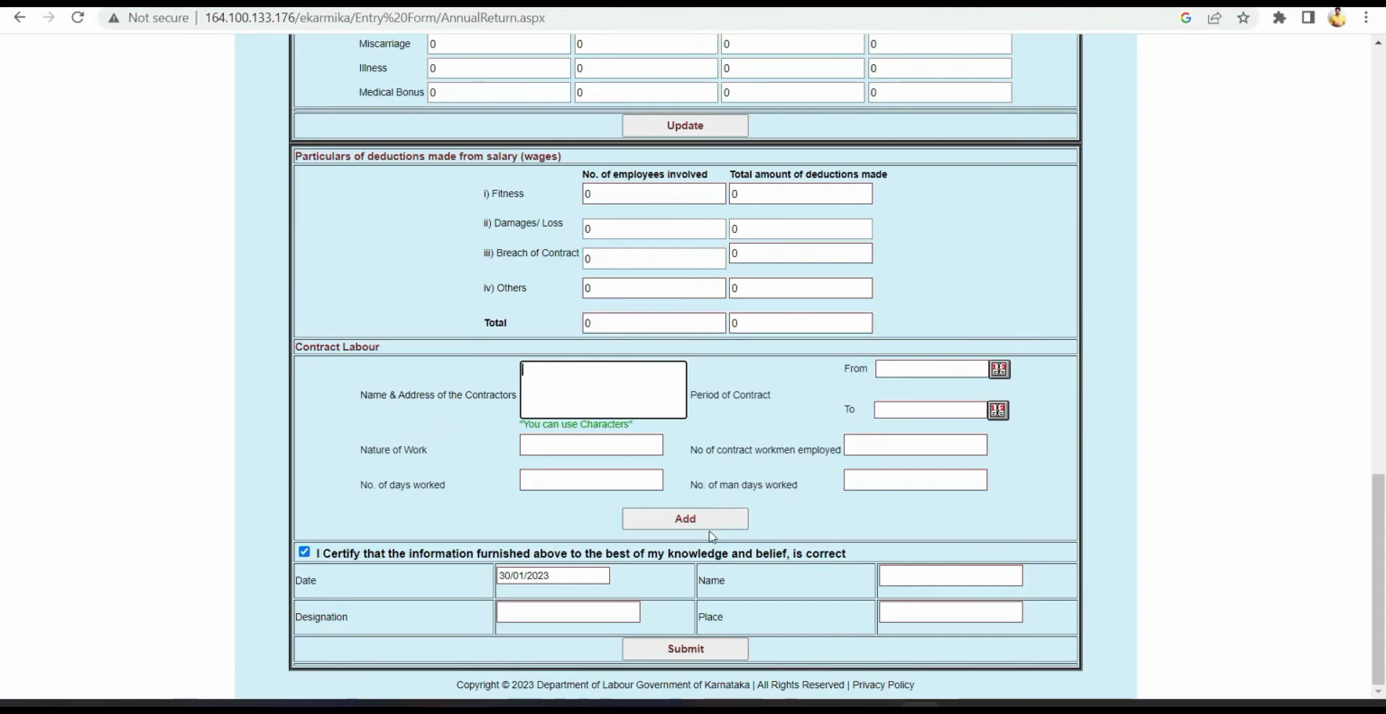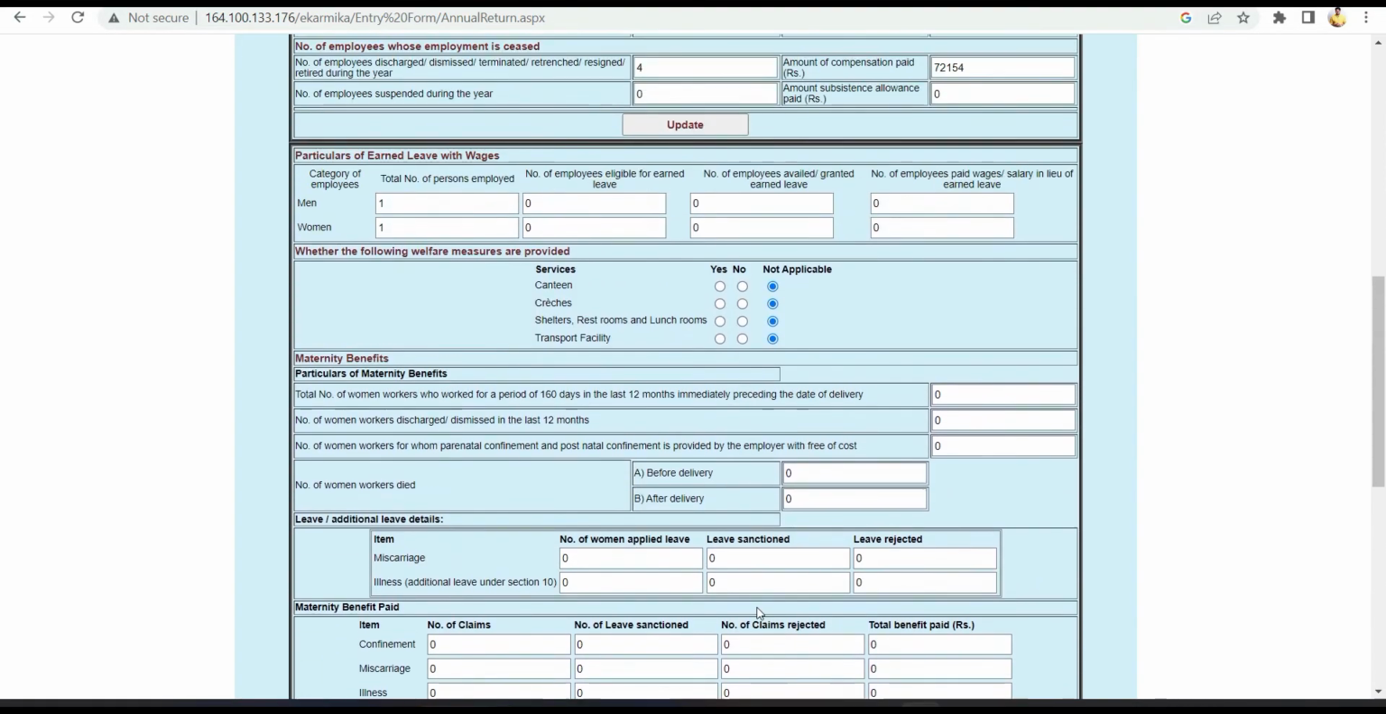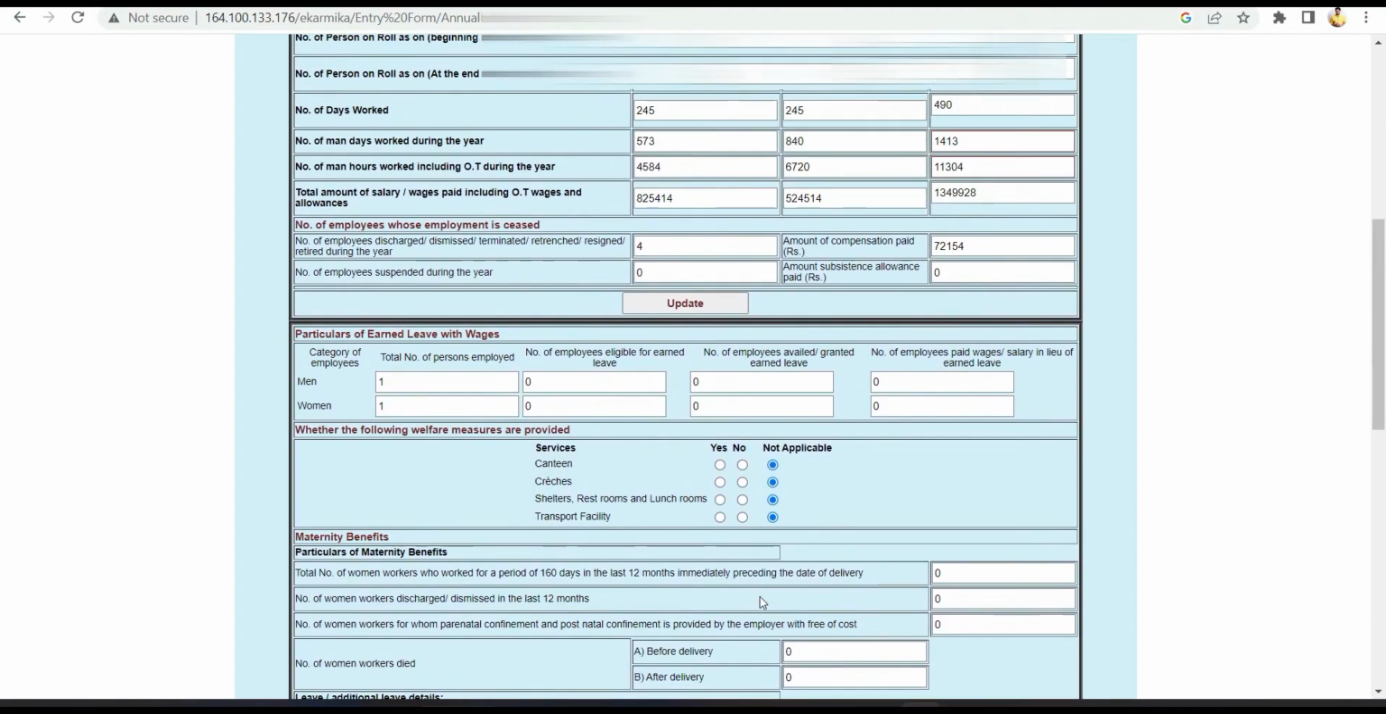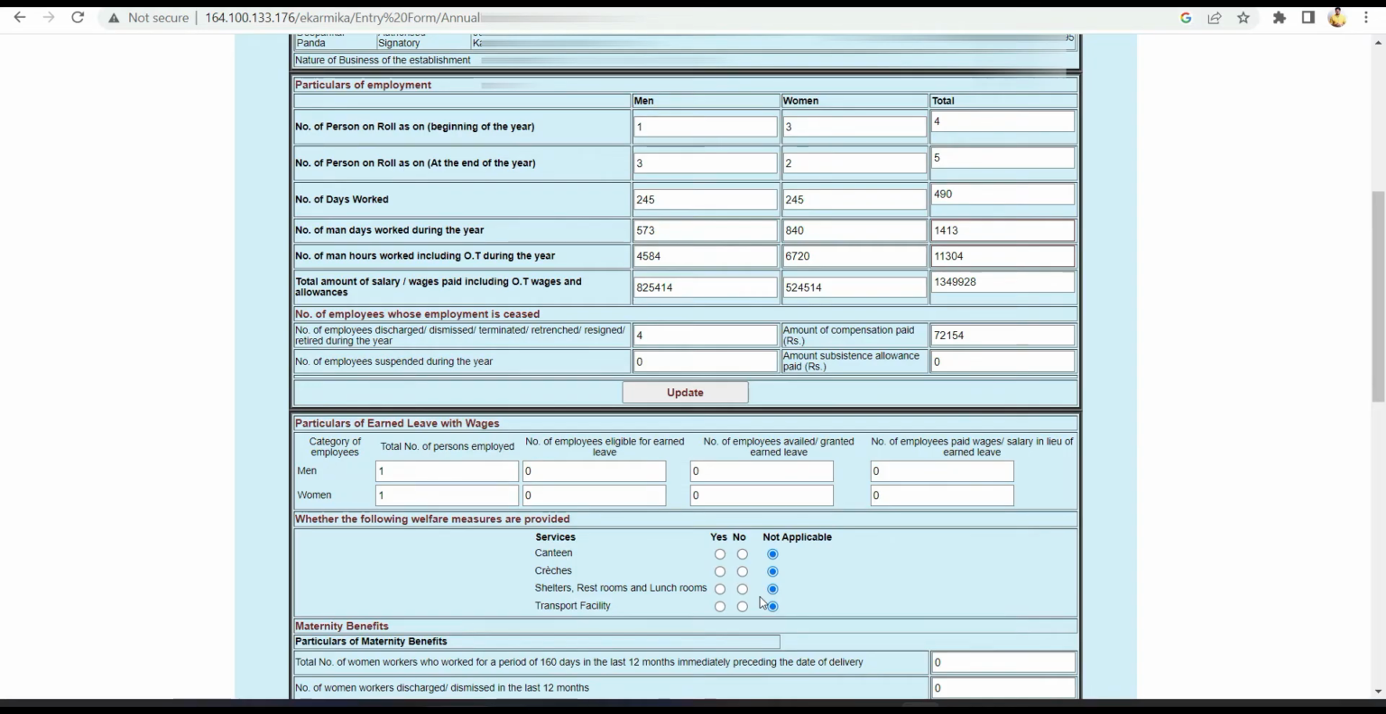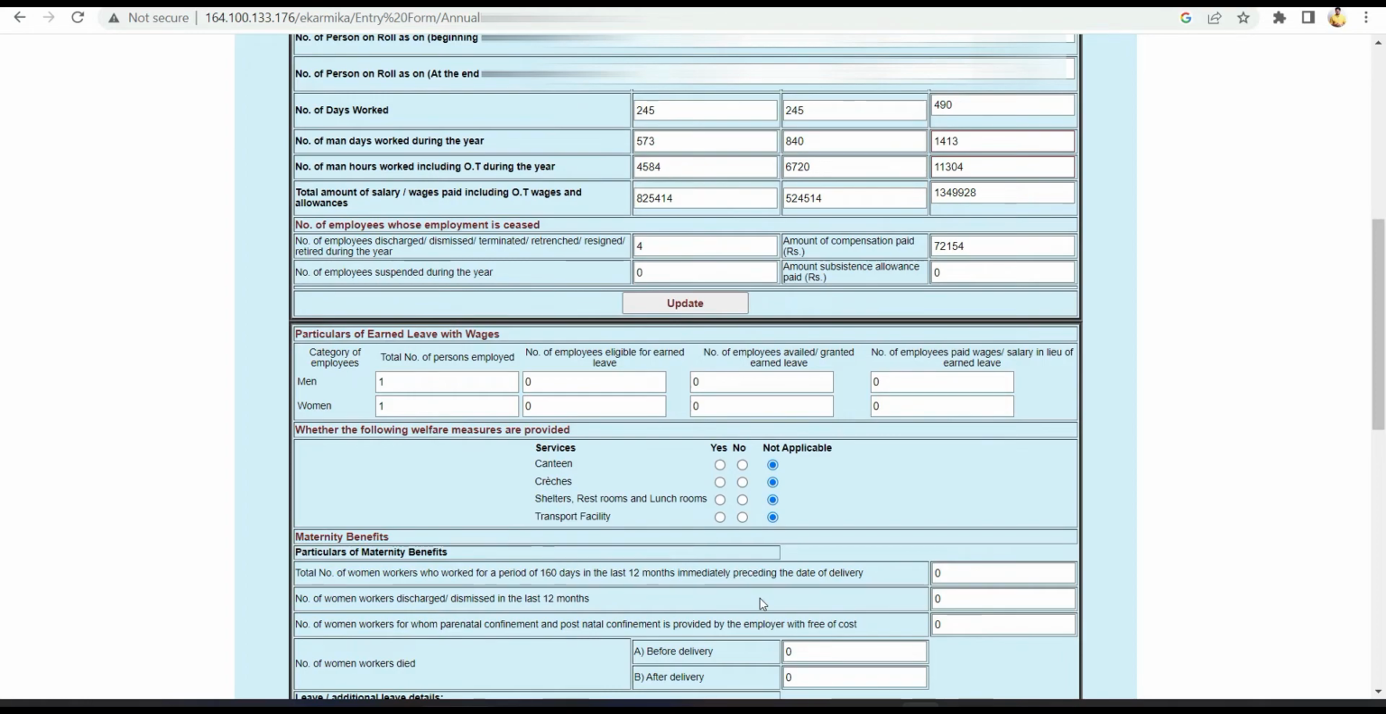And if you have multiple contractors, keep on adding and updating. Finally, you can update this data and click on submit. So this way you can file the annual return of any company. Yeah, I hope you may not have got all the data, because it's not possible to explain everything in one short